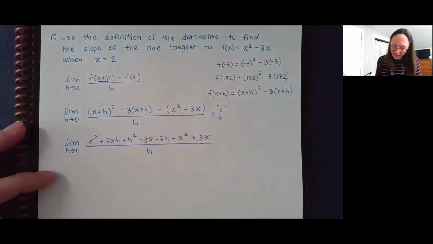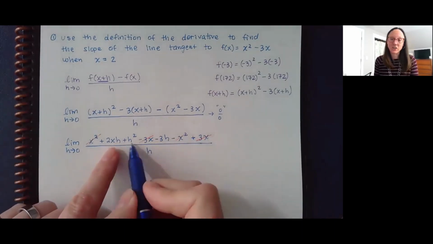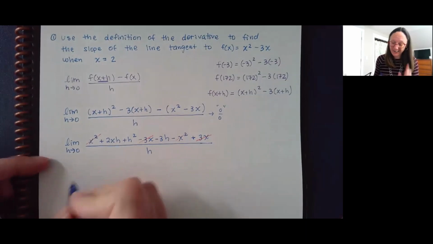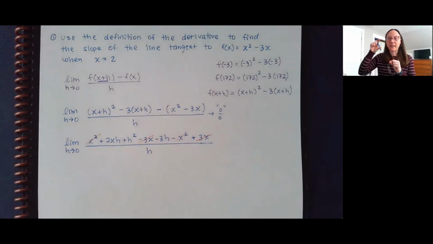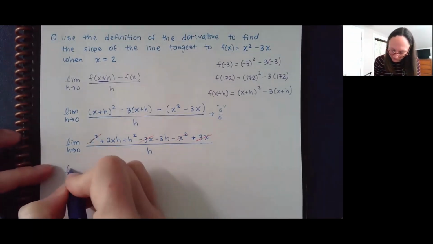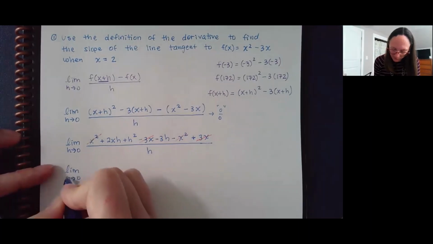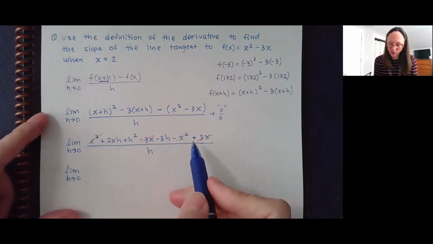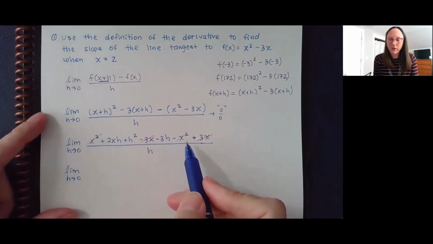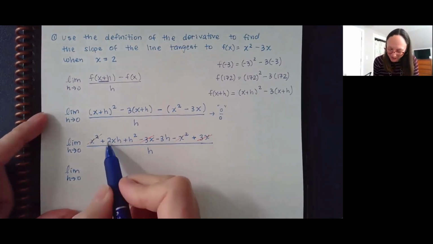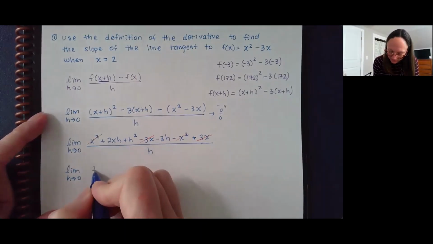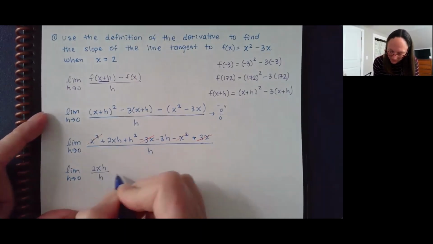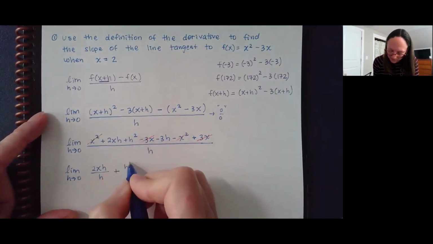So everything that's left has an h in it, meaning I can choose to either break this apart into 3 separate fractions, or I can factor the h out. Both totally work. Sometimes the breaking apart into the fractions is helpful. I'm going to go for, yeah, why not? I'll break it into fractions. So I'm going to have 2xh over h plus h squared over h